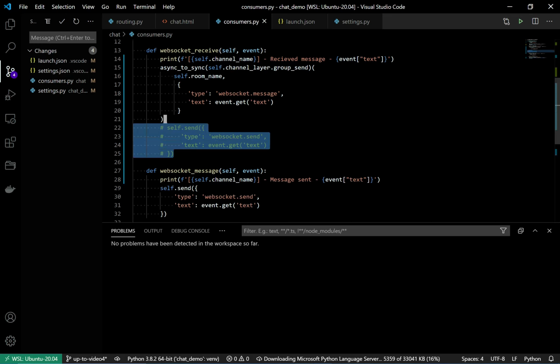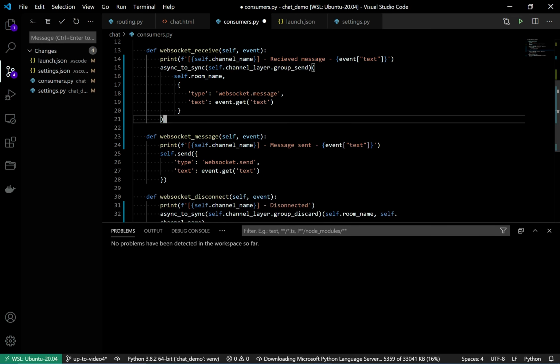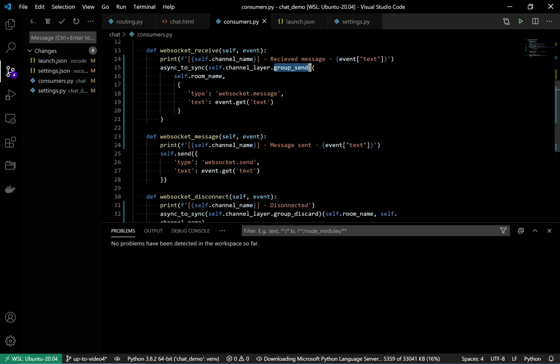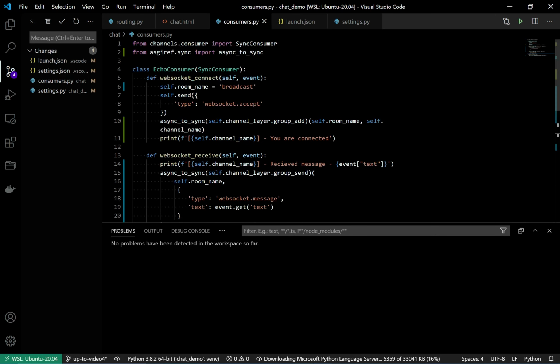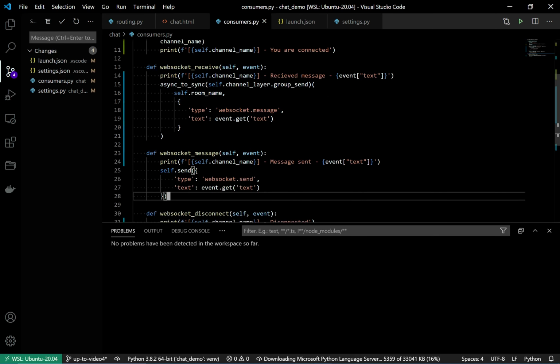And now this method is not required for this particular broadcast consumer, because we are sending that message to the group, and that group send function will raise the event websocket.message for each and every channel, and this function will be executed for all the channels, and all the channels' clients will receive this message. Okay, now this consumer is ready to use the channel layer and broadcast the message.